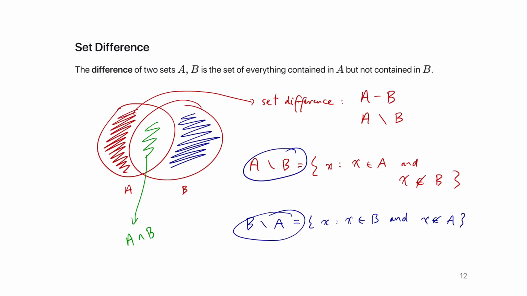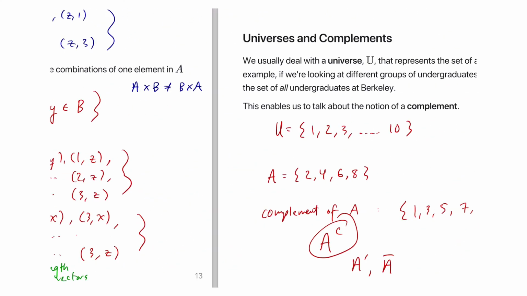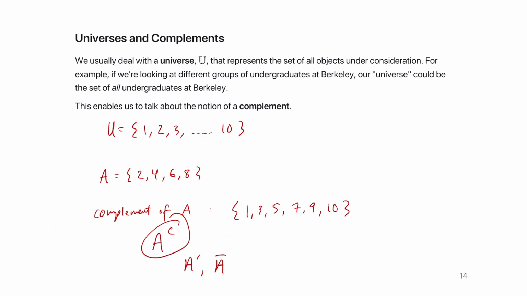So if we go back to, for example, the set difference here, we could have A be 1, 2, 3, 4, and B be 3, 4, and we get that the difference between A and B is just 1 and 2, but there is no universe defined here. The complement is essentially the difference with the universe. Is that okay? So another way to look at a complement is the set difference between the universe and our set.